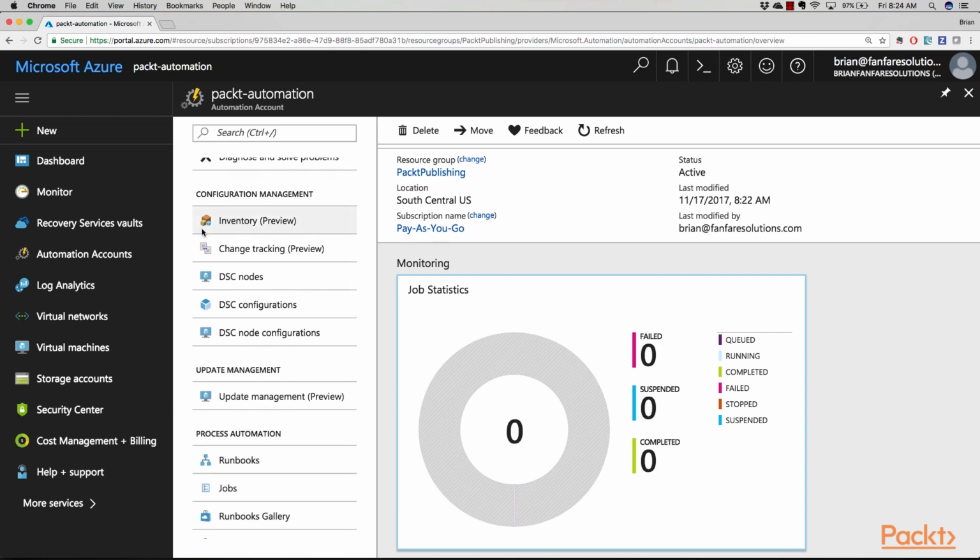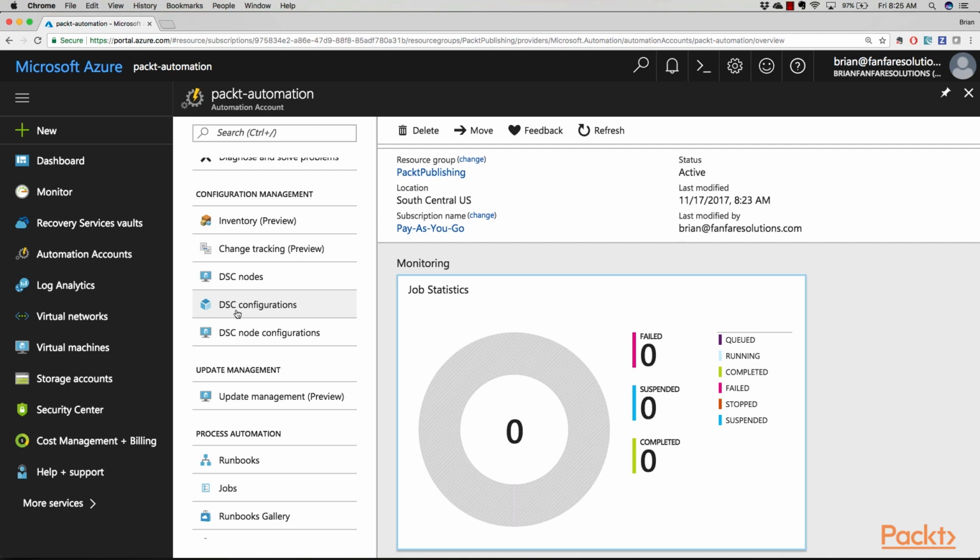Now, the next area, configuration management, is where you can actually set up the VMs that are going to be configured automatically through desired state configuration. DSC configurations is where you're going to actually upload your PowerShell DSC scripts, have them be validated and tested against,